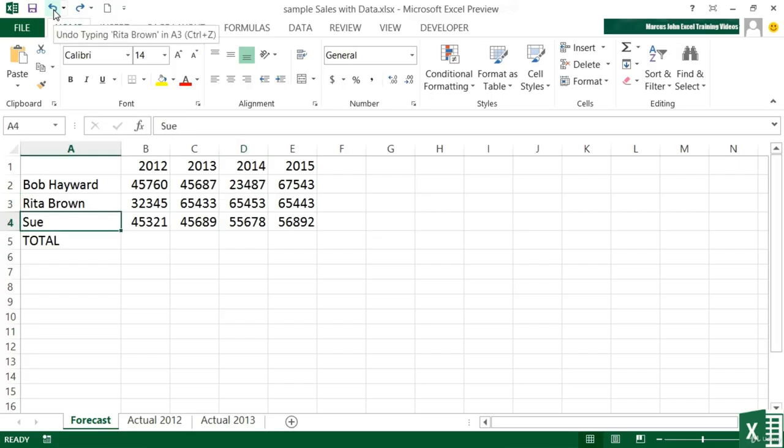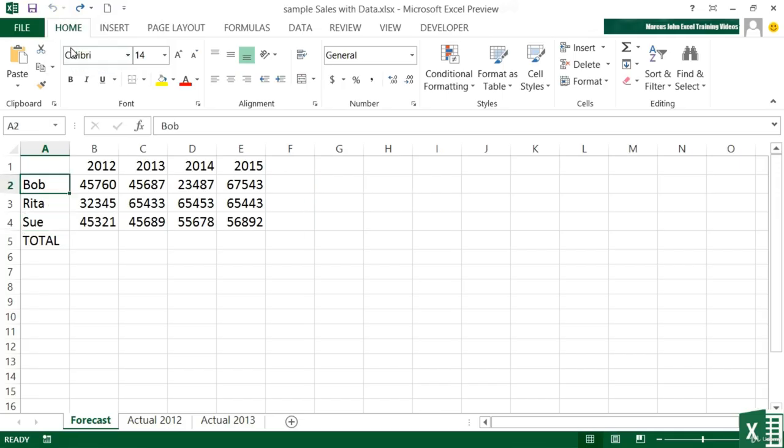Now you'll see that when you hover over an undo button, it actually tells you what it's going to do. So it's going to undo typing Rita Brown in A3. Now if I go to the little drop down arrow just to the right there, I can actually highlight more than one thing. You can see there it says undo 3 actions, and when I click, it undoes all 3